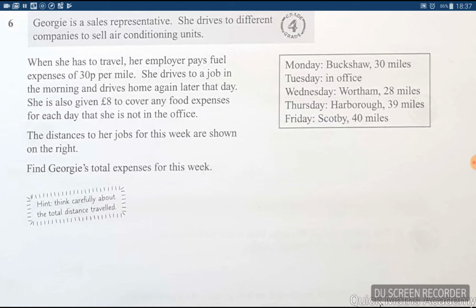Okay. The distances to the jobs for this week are shown on the right. Find Georgie's total expenses for the week. This is the part where you might want to pause the video and try to solve it for yourself. Alright? Okay. So